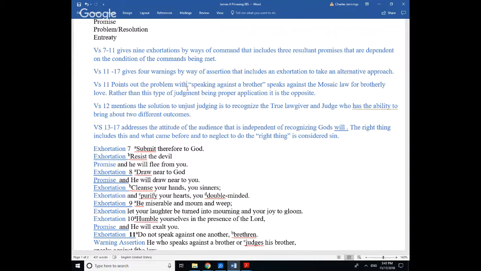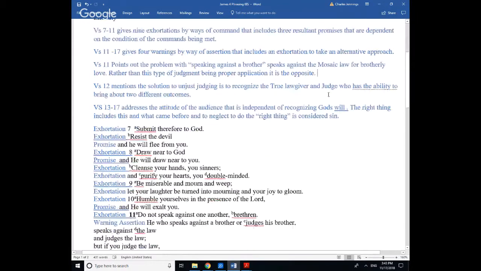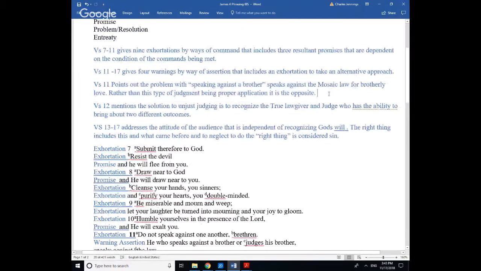Now, that's not saying that there's not a proper time for judgment and all of that, but I'm just dealing with what this passage is speaking about as the application, because what James is pulling from is the Mosaic law. Not saying the Mosaic law was still in effect, but the principle of brotherly love obviously was still in effect. Okay,